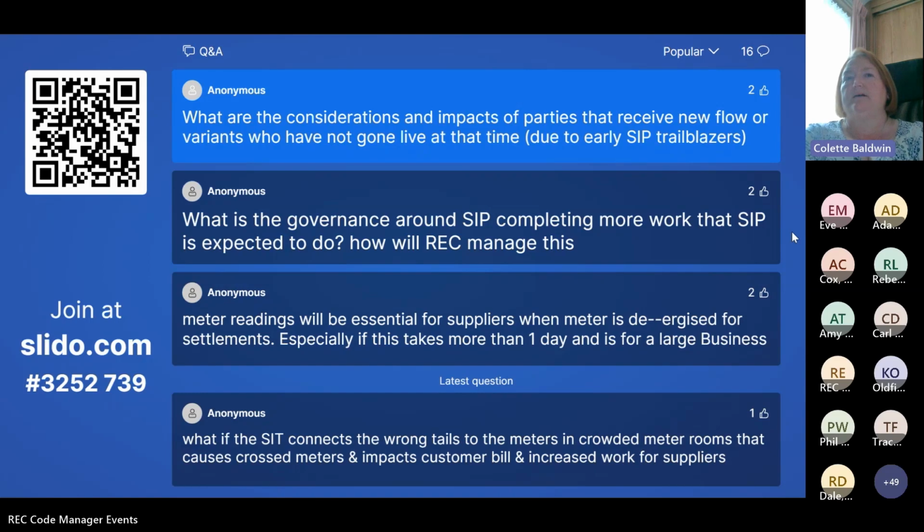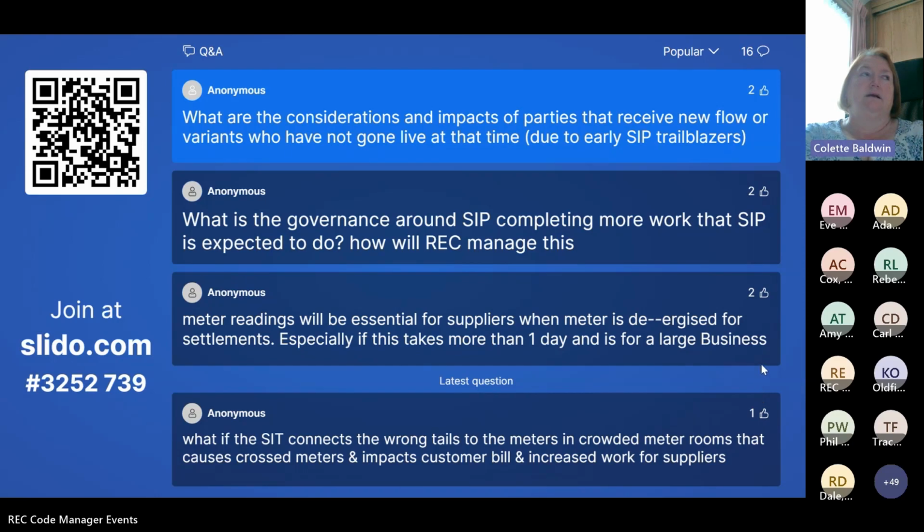There may be suppliers out there who have prepared and are ready, or are able to react more quickly than others, to get this solution live. We do recognise that different organisations have different change arrangements in place, and therefore the ability to implement things might be different across the supply community. So we think the SIPs should be ready to go with the full solution, and then adjust for whether it's